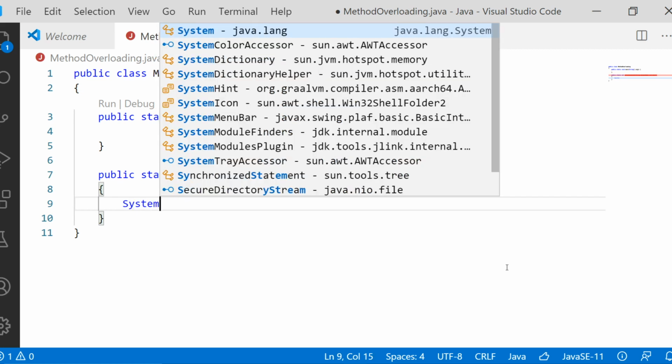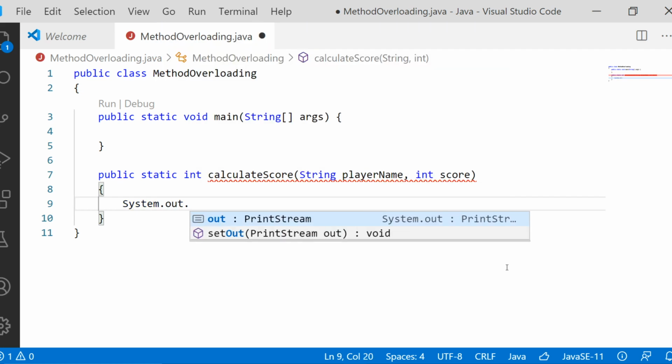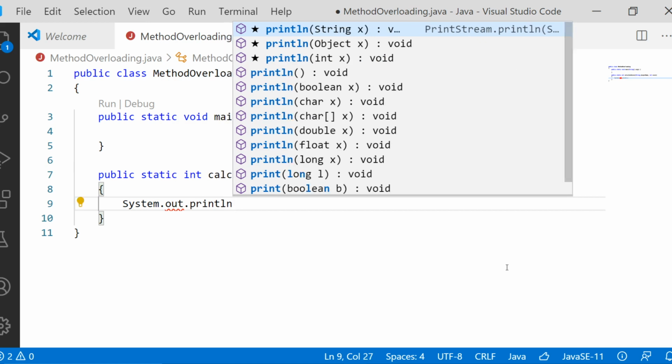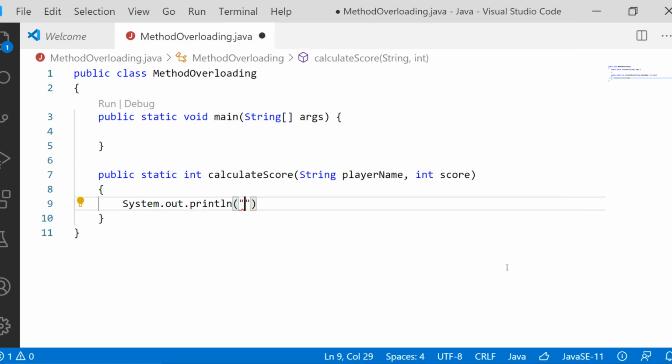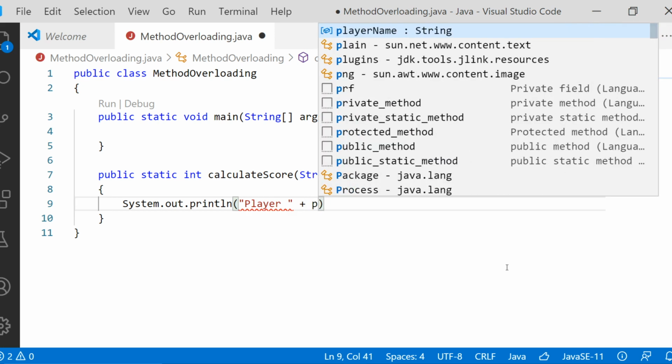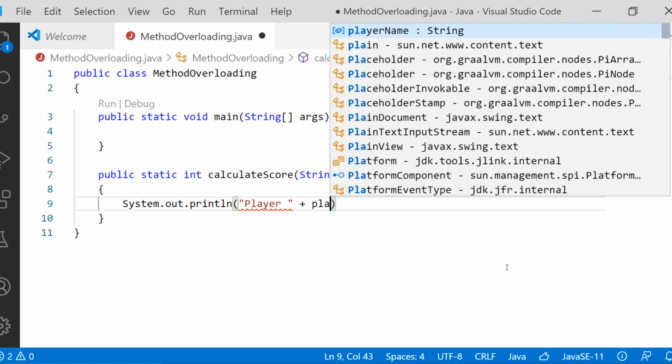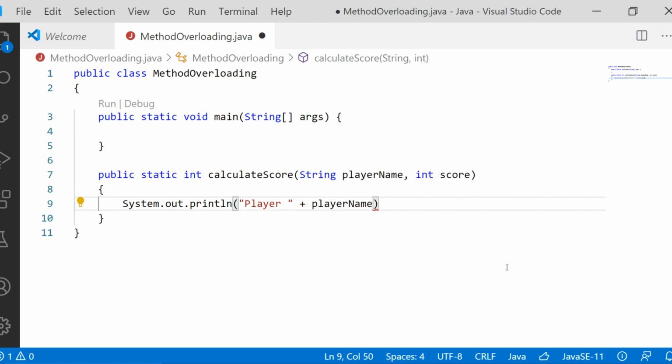By accepting these two arguments, with the help of System.out.println, we will be printing the player name. The name of the player will be in the variable playerName, followed by the score.